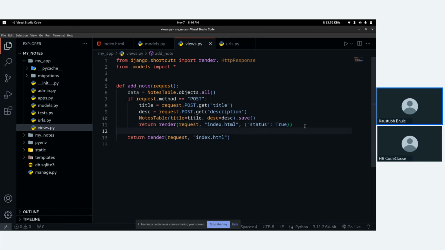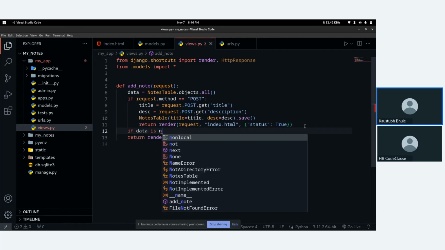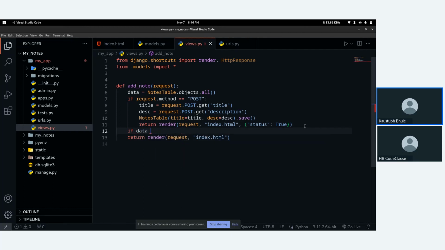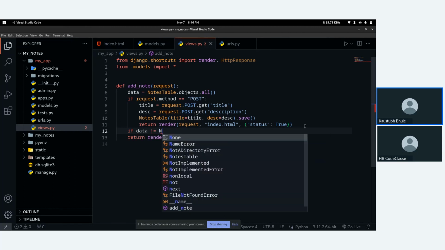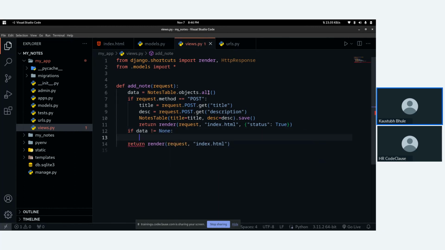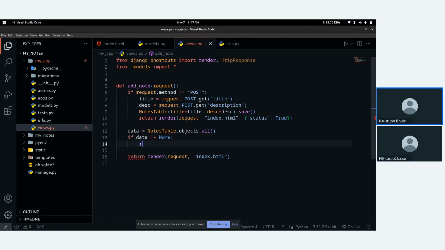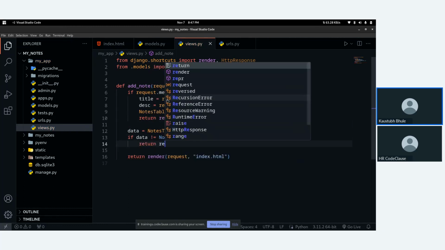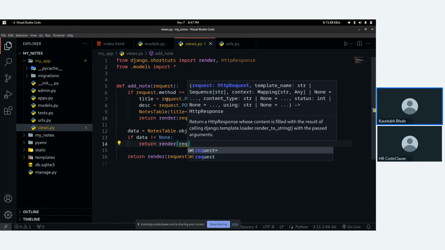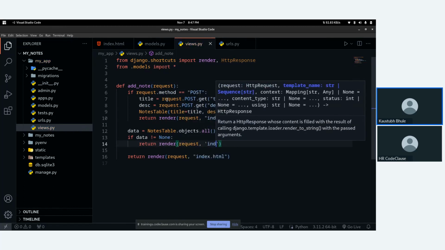So for that, I will just do here if data is not none, or you can also do is not equals to none. Okay. So if data is not none, in that case, I want to return render again request followed by the HTML page.